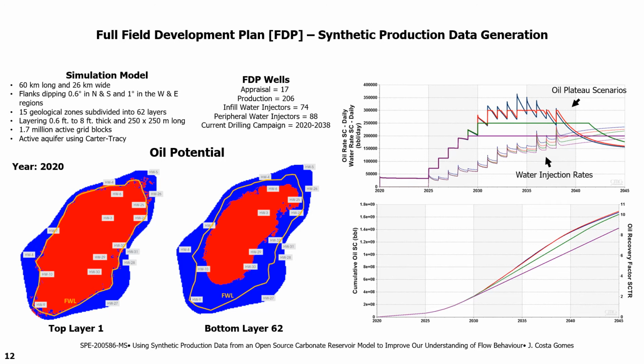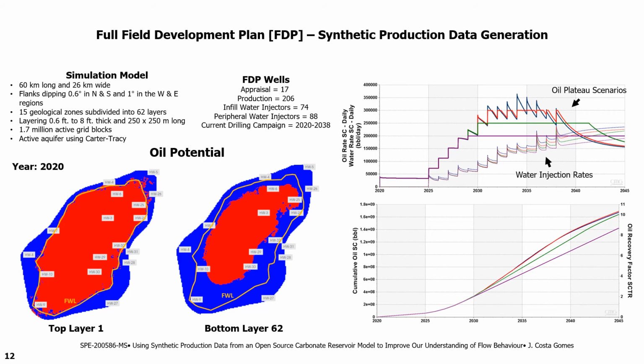our virtual drilling campaign, which starts off in year 2020, where we have 17 appraisal wells, showing you in the bottom left the oil potential, 2 maps, top layer 1 and bottom layer 62, with those 17 appraisal wells and the free water level. From there, after the first 5 years, we were trying to produce, we're looking at the dynamic behavior from those appraisal wells. 10 of those are in the oil producing zones and 7 are at or near the free water